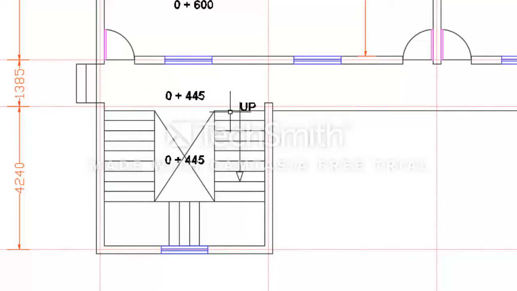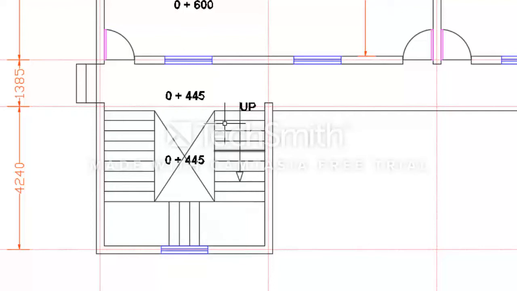So if we count the number of risers that we will ascend to get to this quarter landing from the ground floor, the number of risers will be 1, 2, 3, 4, 5, 6, 7, 8, 9, 10. 10 risers.